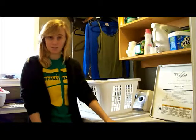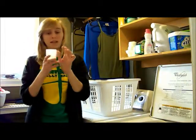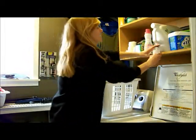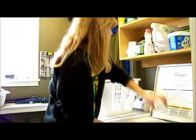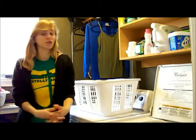I am washing a medium-sized load, so I am going to fill my lid just a little over halfway. Once you fill your lid, you can pour it into the machine. And once you have your detergent in, you can